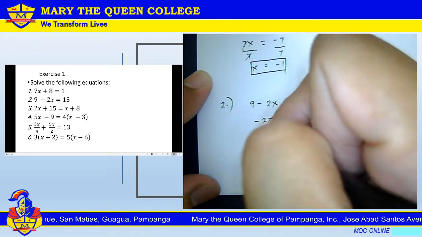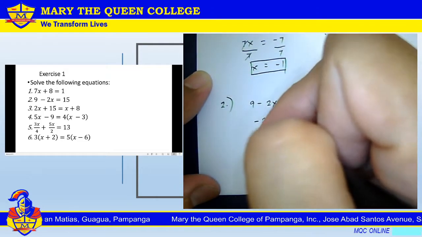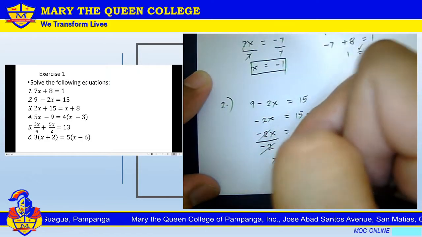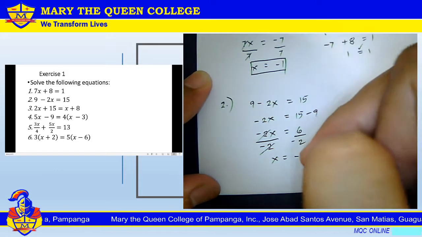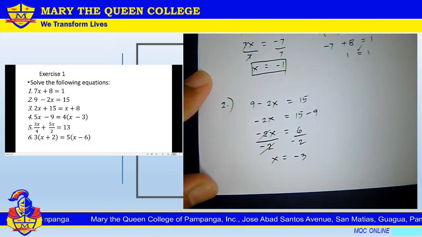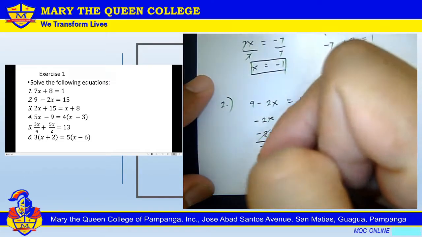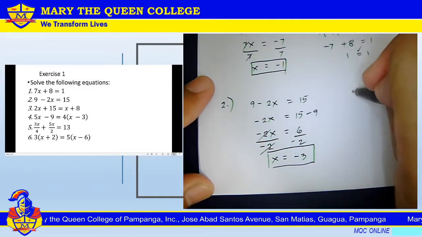Dividing both sides by negative 2. Okay, cancel. So you will get x is equals to negative 3, because 6 divided by negative 2, that is negative 3. So this is our solution. Then for the checking,